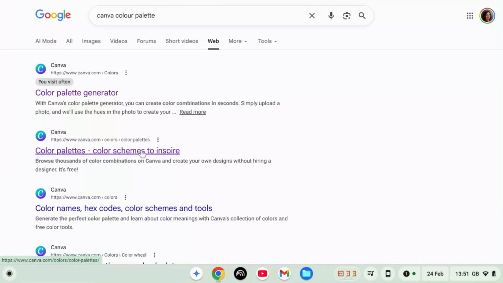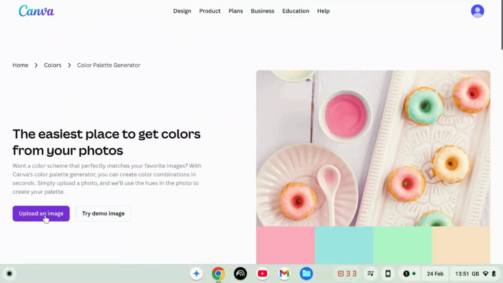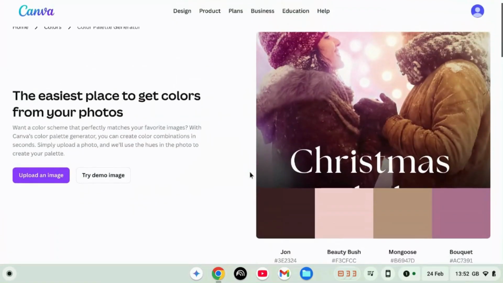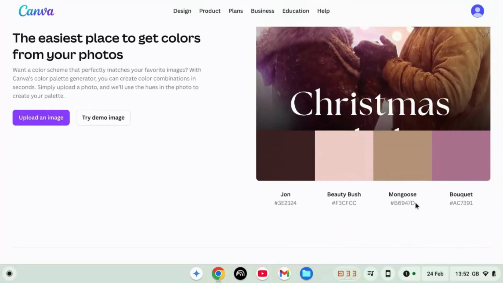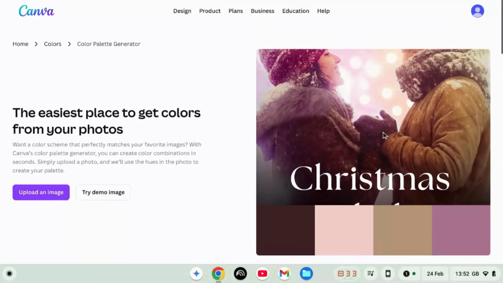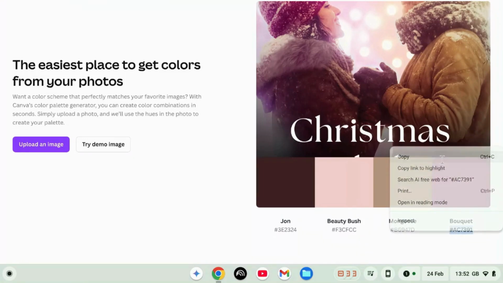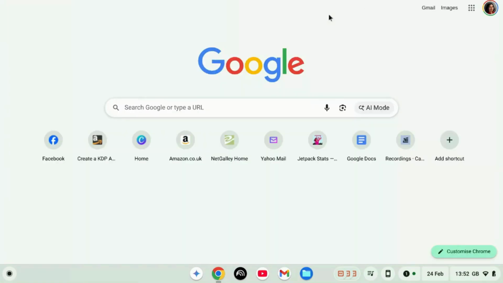Let's duplicate that. What else can we do? Another way to find the colors that are in your book cover image is to go to Canva Color Palette Generator, upload an image. Let's use Christmas with the Secret Tycoon again. And it gives you a selection of colors, only four, which I think is possibly not that great, but never mind. And what you can do is copy and paste these hex codes and then you can use them. Let's see if we can get this pink hex code and we can go to